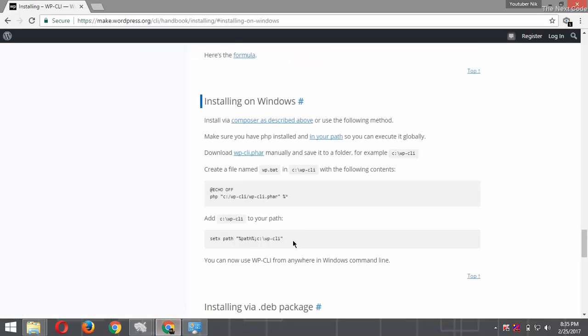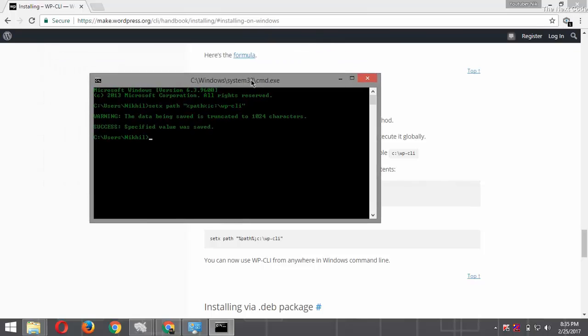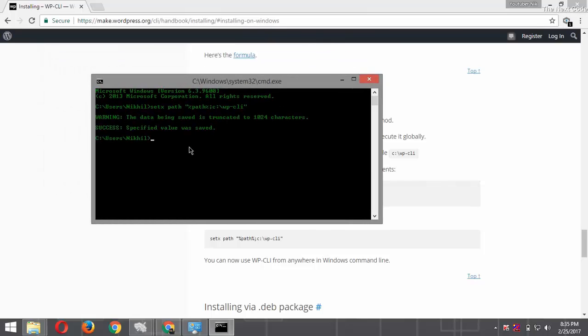So in here you can see a small code which is nothing but sets the path of WP-CLI into the environment variable, and just copy that code and paste it in the command line, then enter. This is saying the data being saved is truncated, and also saying the specified value was saved.